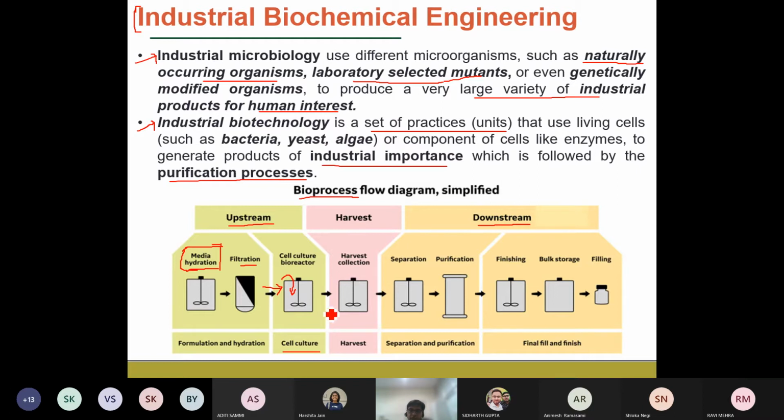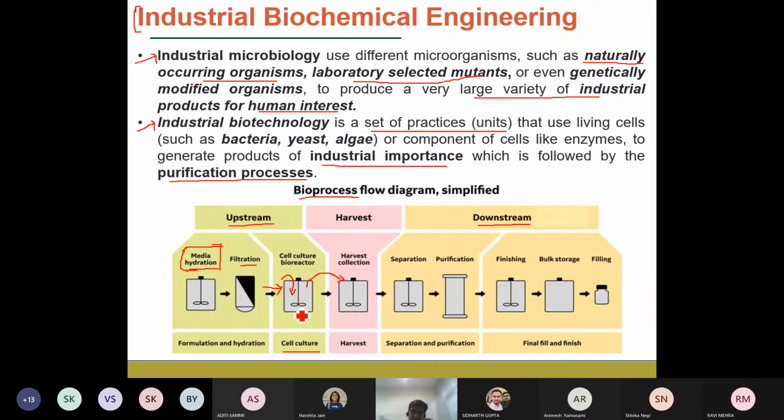So what is this? If you see the pink part, this is the harvest collection, or the main fermenter, in which the production of the desired biochemical is taking place. From here, a particular amount of the cell culture is transferred to the main fermenter, which contains the production media. Generally the two medias are different. The first media is called the growth media, and it is required for the growth or multiplication, or the increase in the concentration of the cells.